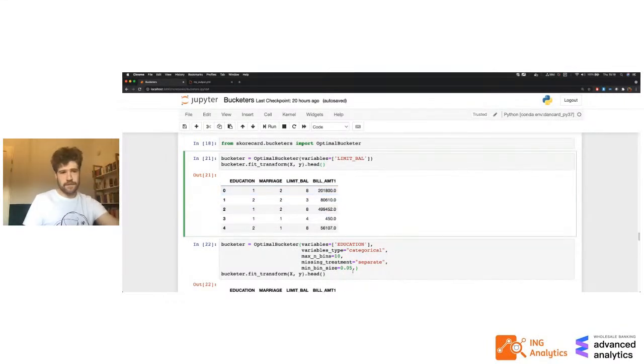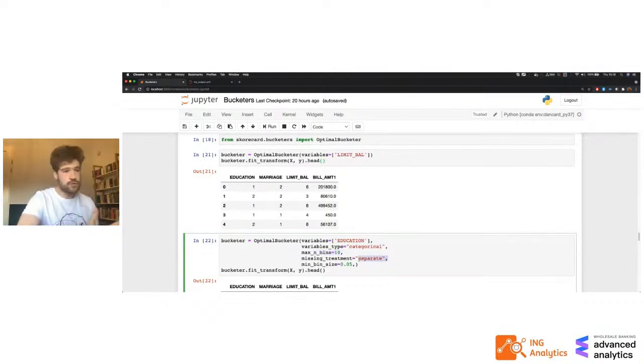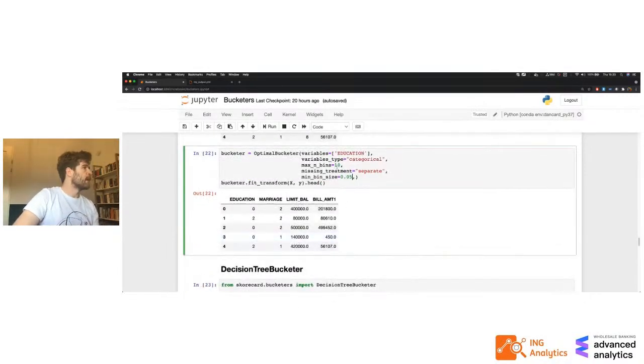Putting all of this together that I've just shown really briefly, what you can see is that in a more sophisticated approach, we would have the variable specified, the variable type, so categorical in this instance, the maximum number of bins that we wish to see for a particular variable, how we want to specify how to treat missing values, and the minimum size per bin. So here, at least 5% of the instances must be present in a bucket for it to become a bucket. Otherwise, there will be no bucket. So this, in the end, is when you want to start getting more and more sophisticated. You'll add more and more, let's say,